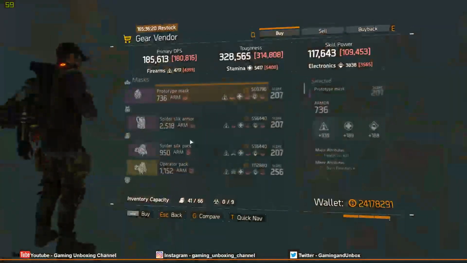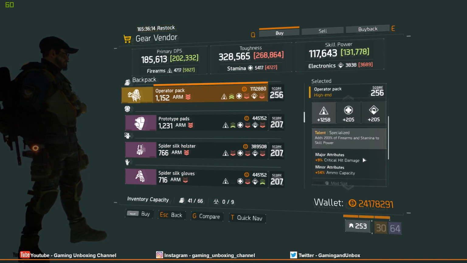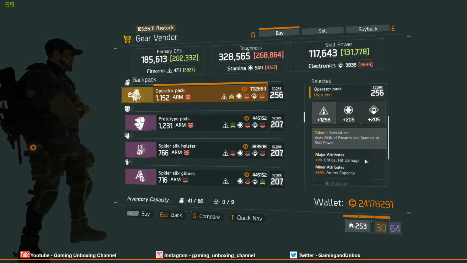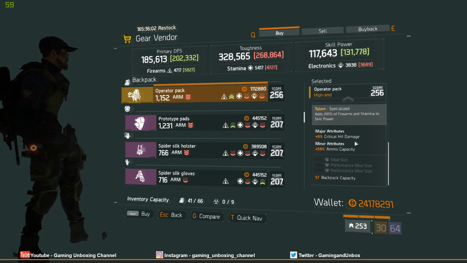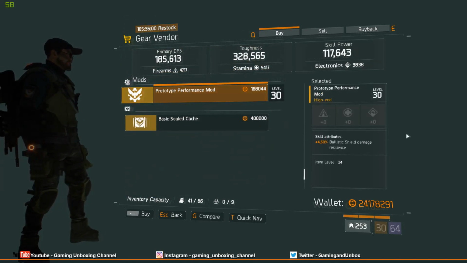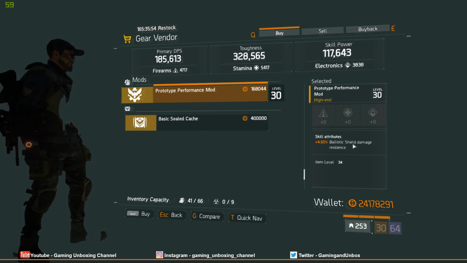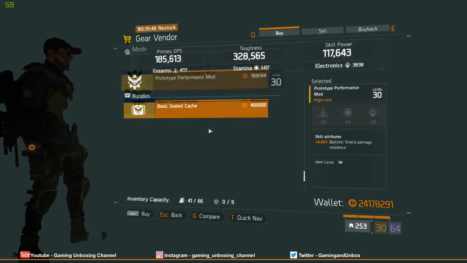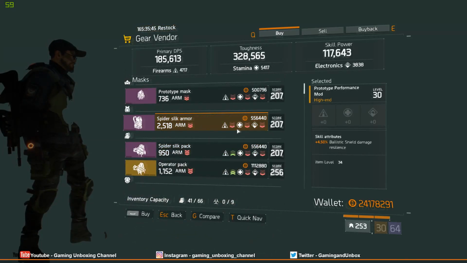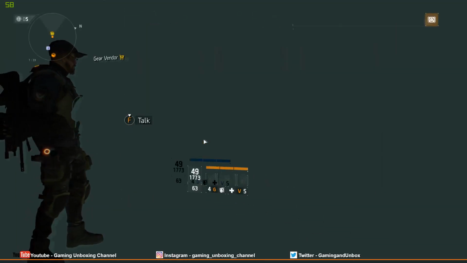Next, you look over here, we have the Operator Pack. Specialized, not bad. Crit damage and high ammo cap. You can roll this away for armor. Otherwise, crit damage 9% is also alright. It's a pretty good Operator Pack to take into consideration. And you have a prototype performance mod of 4.5%, ballistic shield, damage resilience. Not bad. Take this into consideration too. So over here Madison Stand does offer pretty good stuff. Let's move on